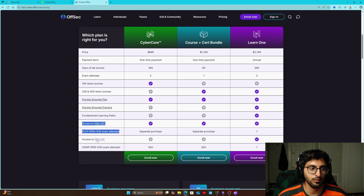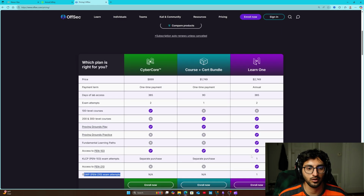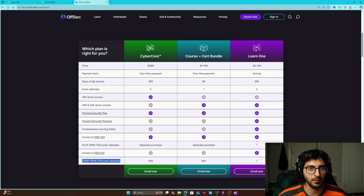When it comes to the Pen 210, which is the wireless certification by OffSec, the access to it and exam attempt is only available for the Learn One purchasers. So that's there if you guys do want to take it. So if you guys do want to take the OSWP, maybe the Learn One might be better, but if you just want to go for the OSWA, this one would be my advice. When comparing this to